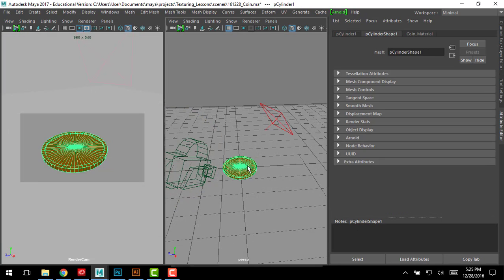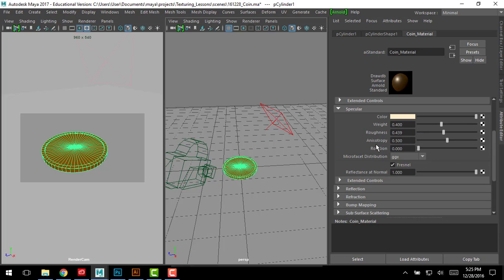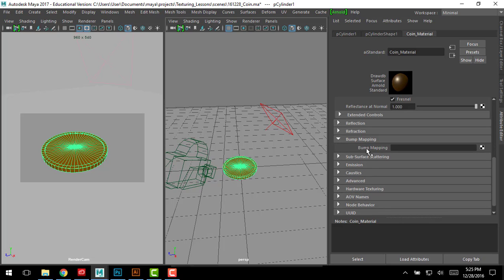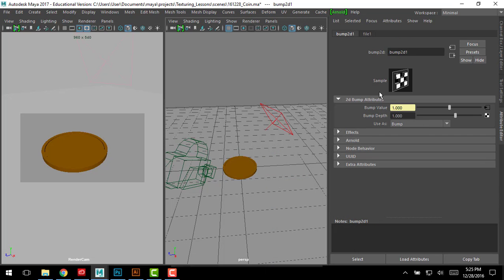Now what we need to do is, with this coin selected, and let's go to the coin material tab, we need to plug a bump map, and we need to scroll down and find our bump map settings, which is located here. Click that checker box, click file, and it'll open up our bump 2D. Alright,